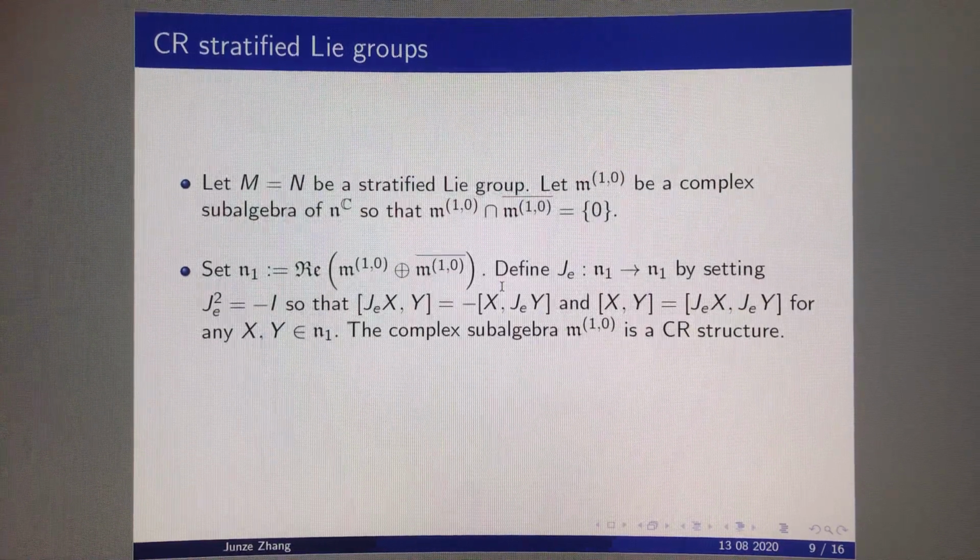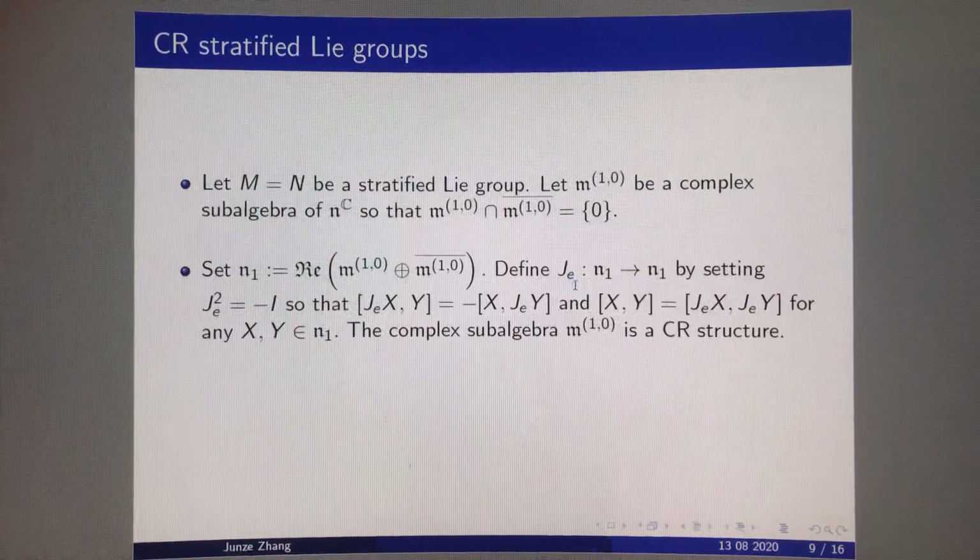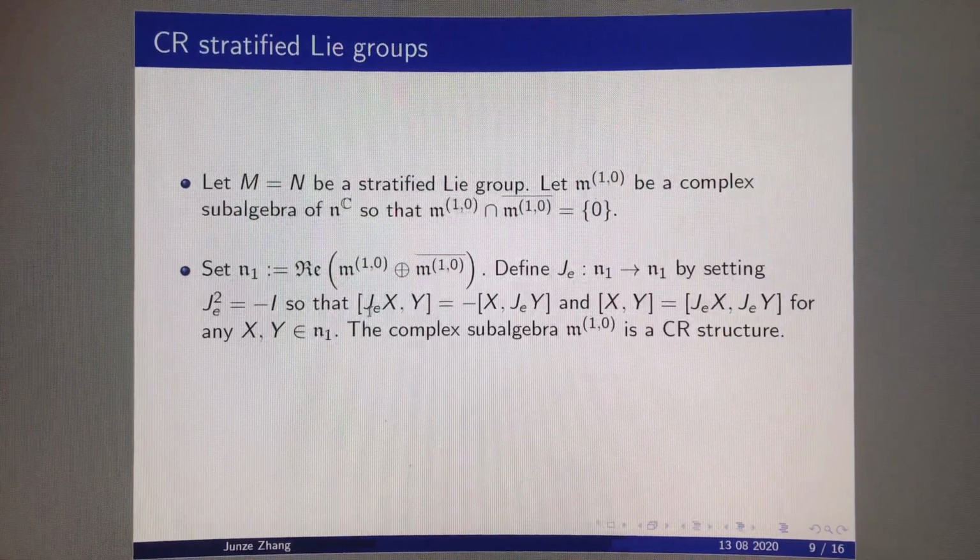on the horizontal distribution. Because we want this complex subalgebra to be a CR structure, in other words, we want the horizontal distribution to be complexified. This is equivalent to the almost complex structure J being a complex structure, and by the Newlander-Nirenberg theorem, we have that the Nijenhuis tensor must vanish on the horizontal distribution. So we have this condition, so that the complex subalgebra M10 is a CR structure,